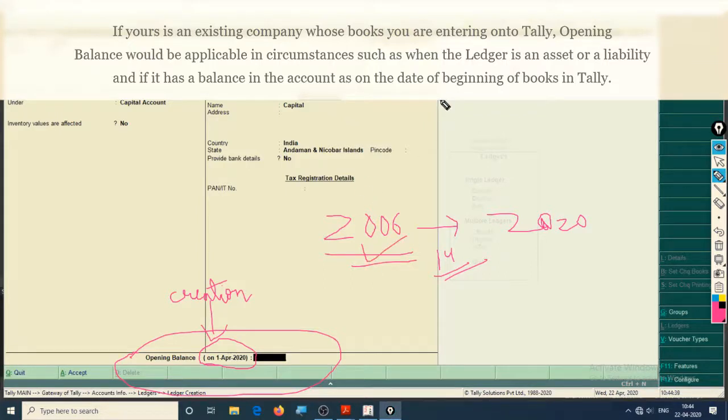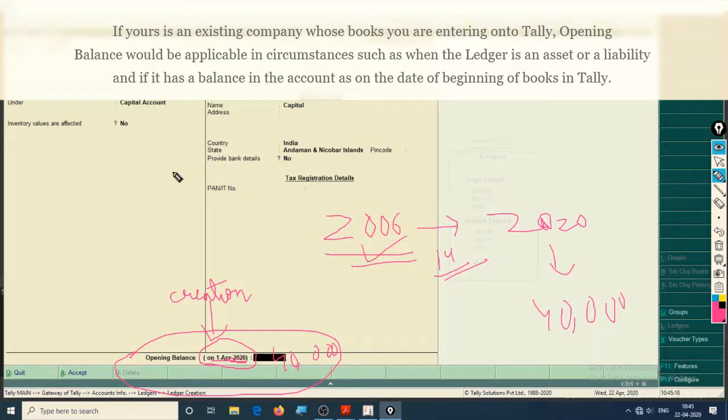2006. You can enter whatever date you want, and it will ask the opening balance of the next day. Okay, so suppose you brought capital of rupees 20,000 in 2006, and now that capital right here is 40,000. So in this ledger you can put 40,000. That is the opening balance. Suppose you have a vehicle, and that vehicle is already with you, and you have just now shifted to making your accounts in Tally.